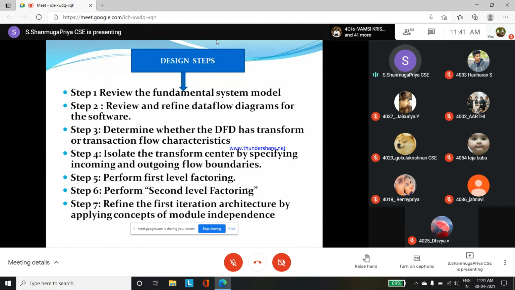During that part we prepared documents like the SRS document, HRS document and CRS document. From those documents we have to analyze what our fundamental system model is. After identifying the system model concepts, during this step 1 we have to design the DFD diagram. So we have to define the DFD diagram.